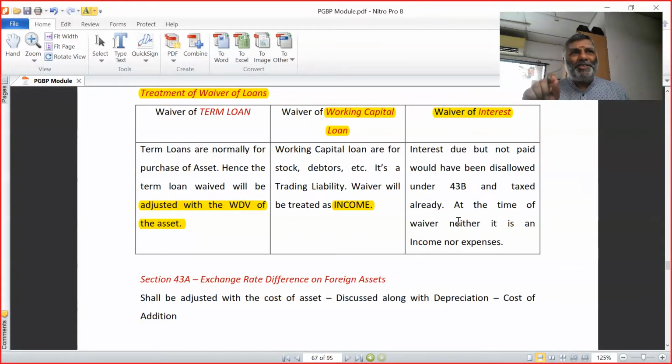Because in income tax law, waiver of interest is considered as income in the books, but it is not taxable as income under income tax law because the expense was already not allowed. Take that out. If it is just an adjustment, the bank has waived 5 lakhs interest, don't do anything in the main question. Just write a note, neither it is an income nor an expenditure. Third thing,